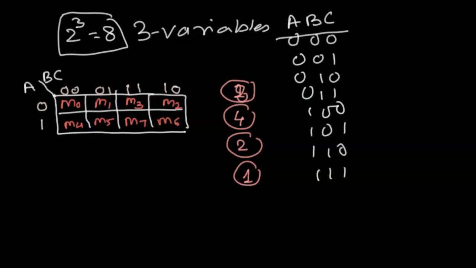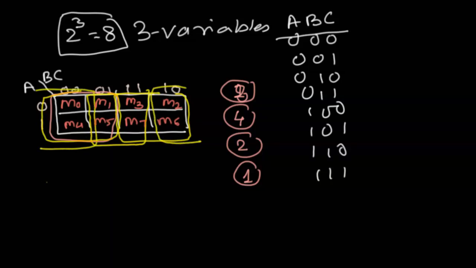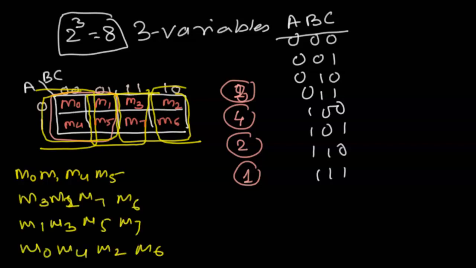So let's understand. If it's 8, all of them are grouped together. When it's 4, let's see how the grouping goes. It's 1, 2, 3, 4. Pay attention to how the groupings are. Let me use a brighter color. So this is my first grouping. This is my second grouping. This is my fourth grouping. See how the terms are. So it's M1, 3, 5 and 7. These are my 1, 2, 3 and 4. So let me write it down. So we have M0, M1, M4, M5 as 1. So these are the possibilities when it comes to grouping of 4.